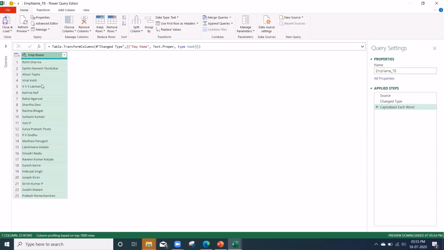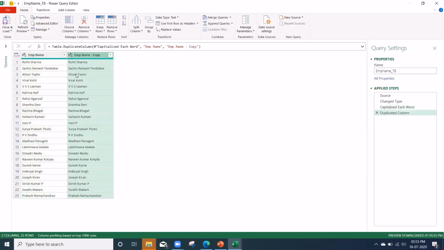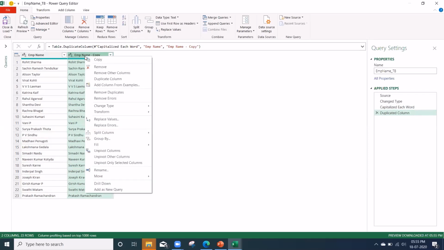So see now, after this, I'll right click on it and duplicate this column. Here is the fourth option called duplicate column. Once I click on it, the same column of data is duplicated here. Now, why I duplicate here is I want to keep the full name, but this one I'm going to split so that I'll have the full name and also the first name, middle name, and last names also. Correct.